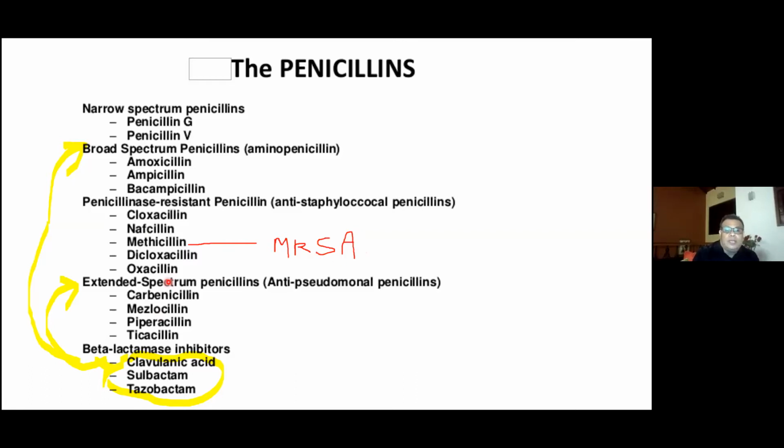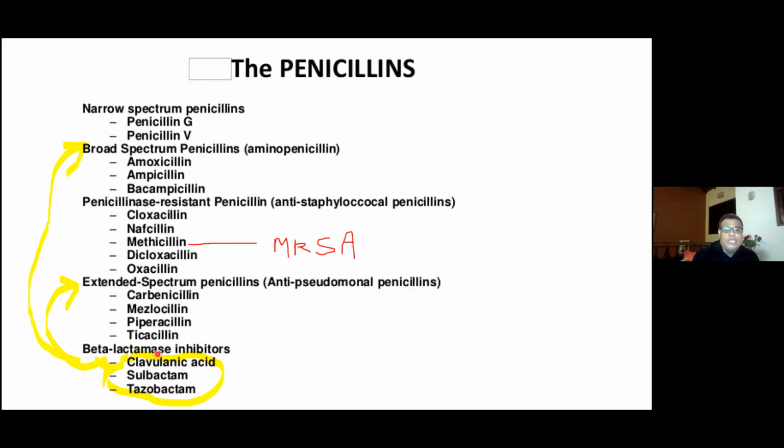This is another antibiotic group called extended spectrum penicillins. They belong to the anti-pseudomonas penicillins because these penicillins are effective against Pseudomonas species. Pseudomonas is another lethal infection with high morbidity and mortality. Actually, this is also one of the common organisms seen in hospital-acquired infections. So under that category, piperacillin, ticarcillin, and carbenicillin are the known products.